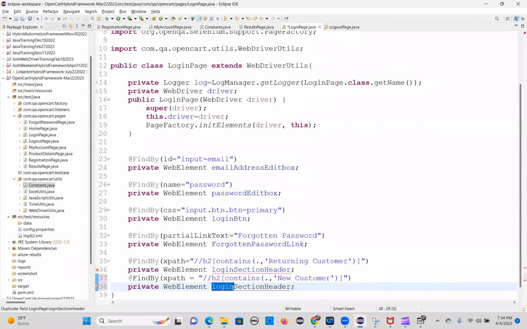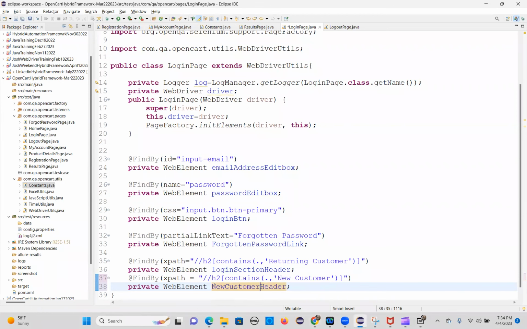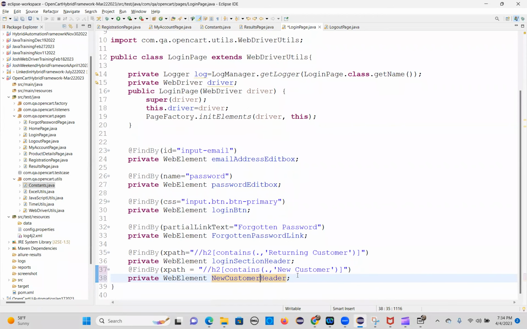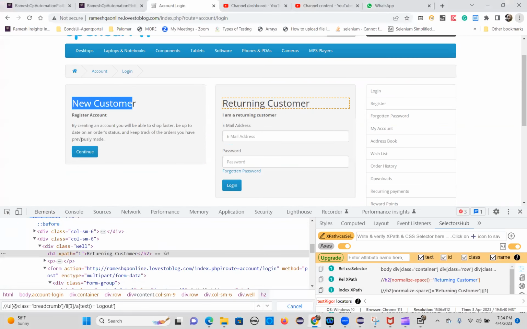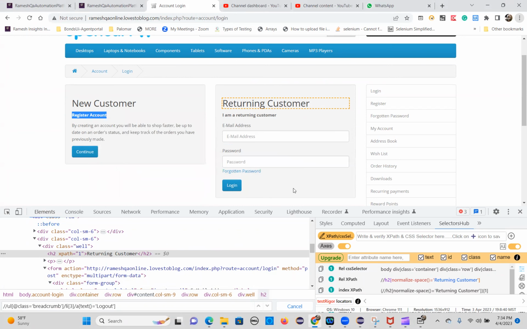Register new customer header. Right? New customer header. So next, what else? Pending: register account, continue button. Yeah, the continue button will go. So this one will finish. Register account